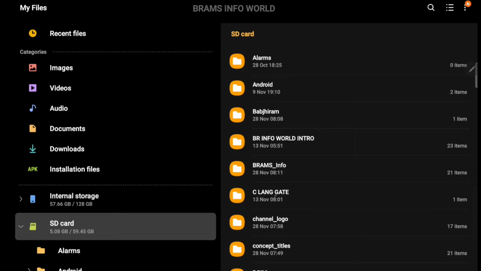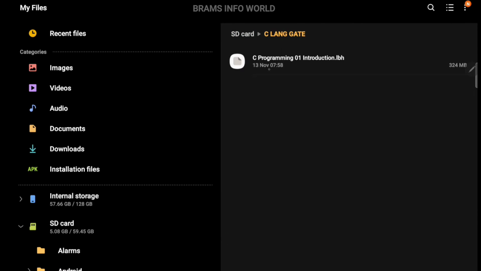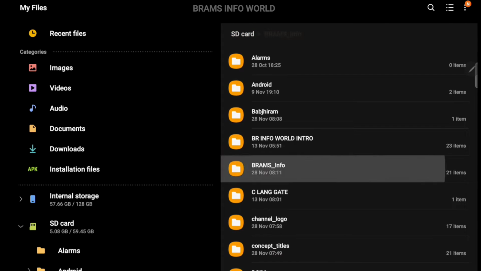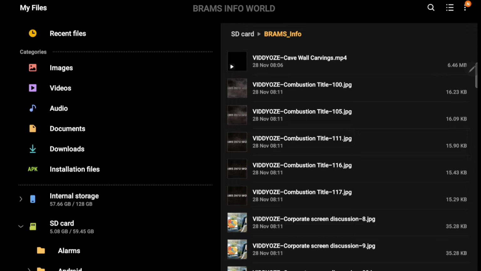I'm going to click on C language gate. See, there is a file, a C programming 01 file. This is one file related to C language gate. In a similar manner, there are a number of files available.